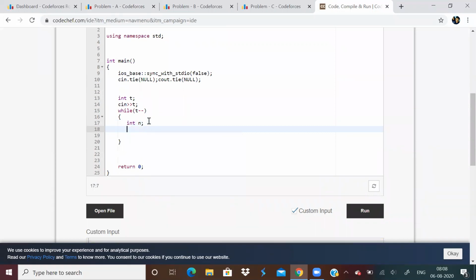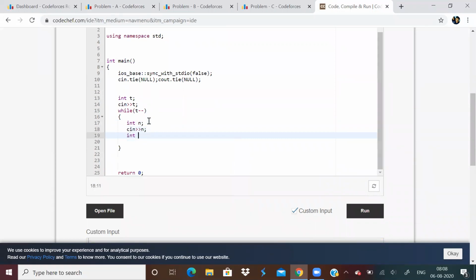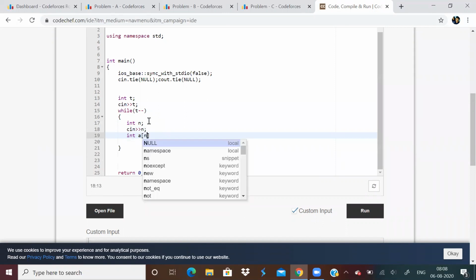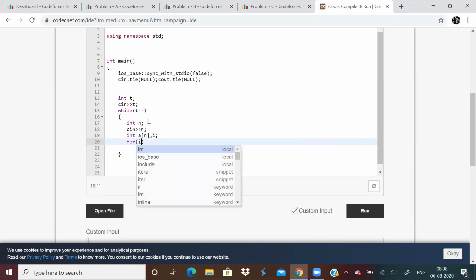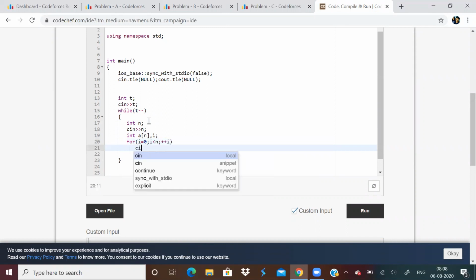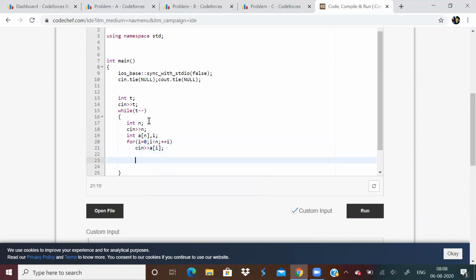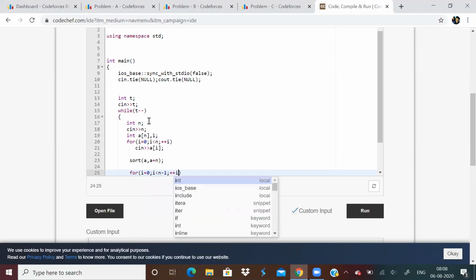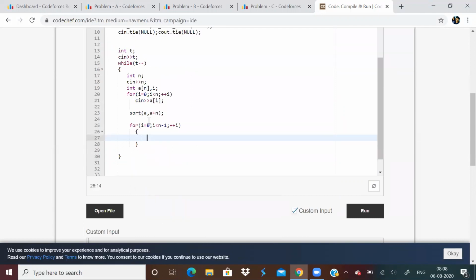First, let's take the input. So after taking the input, let us sort the array. After sorting, we should check for the condition that every consecutive element has a difference no more than 1.